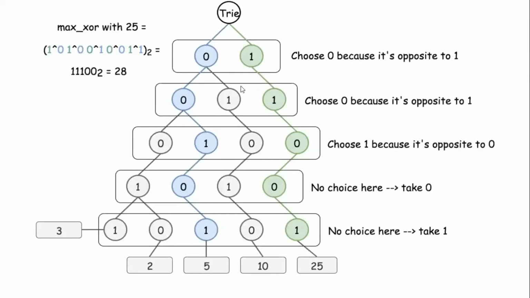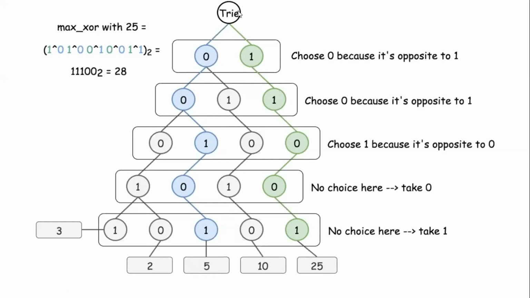For 3, from the root, it is 0 0 0 1 1. So it comes to the left side 0, 0, 0 and 1, which is the right, so 0 0 0 1 1, basically 3. Like that, we represent all the numbers. For 2, we don't construct a new branch, we just use the existing values. Since it is a 5-bit representation, it is 00010. In a similar way, we represent all the numbers.